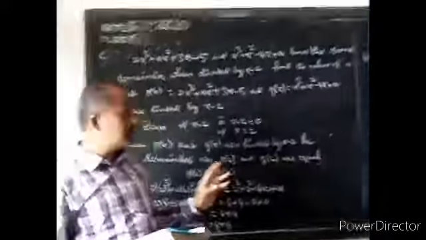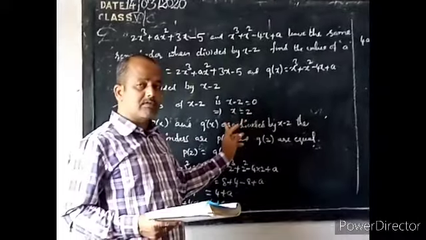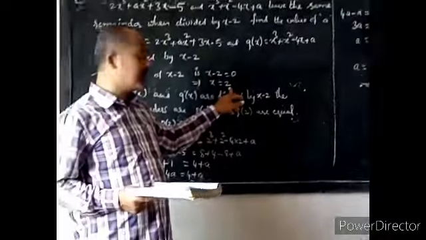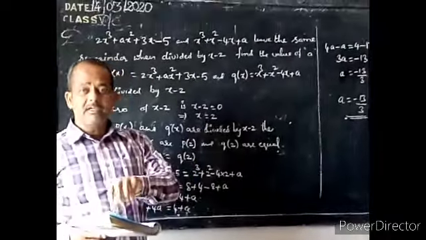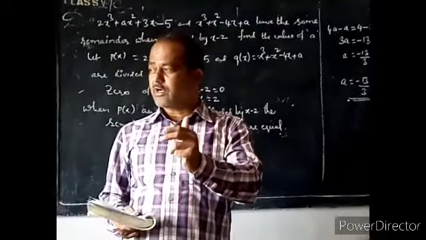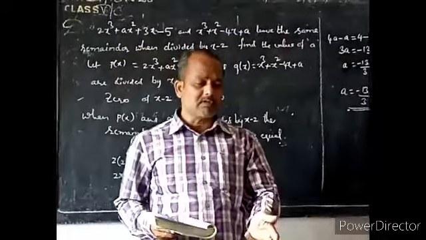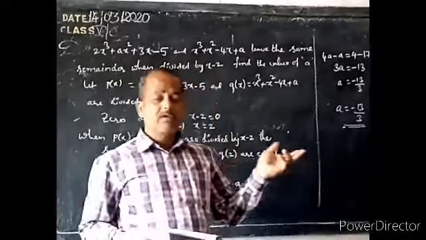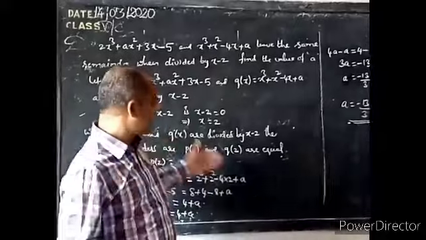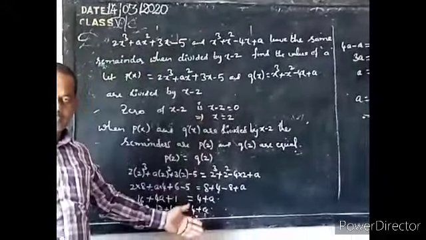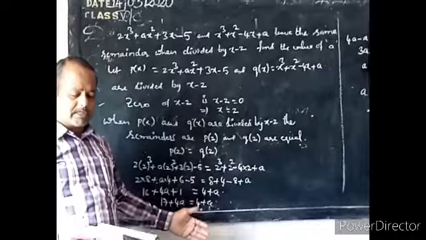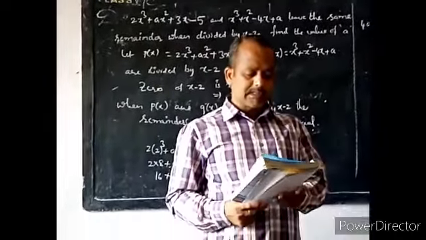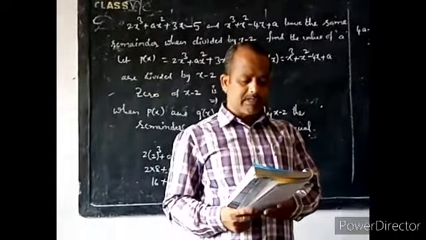In place of x plus 2, that is equal to 0, so x is equal to minus 2. In the previous question it was x minus 2, that's why we got plus 2. But in this question, x plus 2 is given, so x plus 2 is equal to 0, x is minus 2. In place of x, we have to substitute minus 2 and proceed in the same process. Now we are getting the a value there also. Now next, 7.